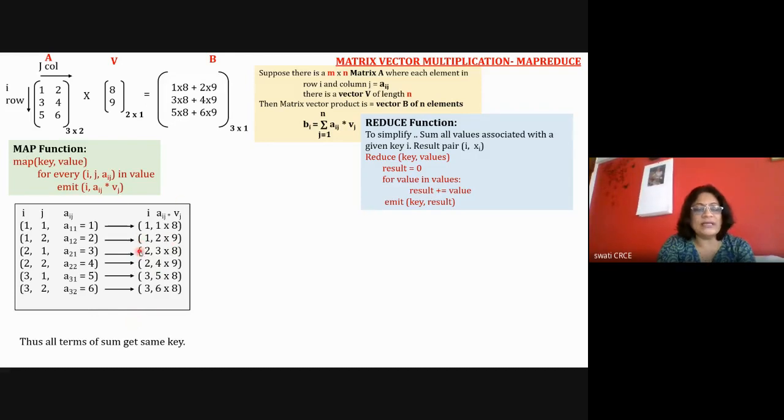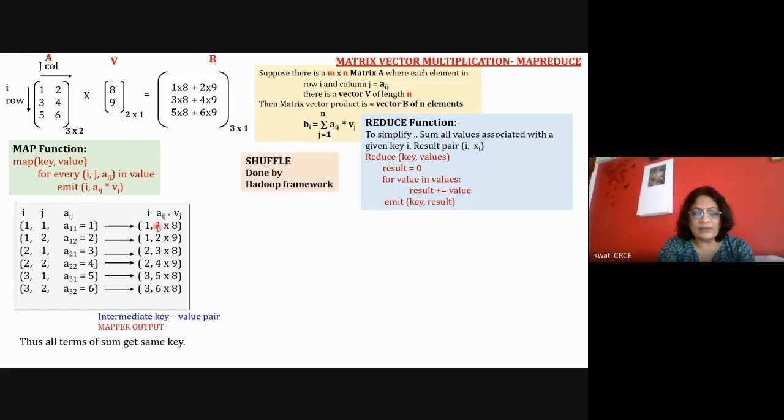Now it will shuffle all the keys, and the keys will go to another data node where the reducer is residing. The reducer is code, and the mapper is code that is transferred by the job tracker to the task tracker, and the task tracker has started executing it. So the keys are shuffled by the shuffler and they will reach the location where the reducer is. It will see what the key is. So the key is 1. All the keys having the value 1 will reach the location of a particular reducer.